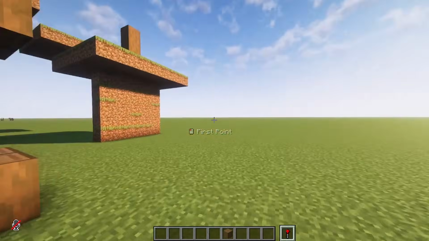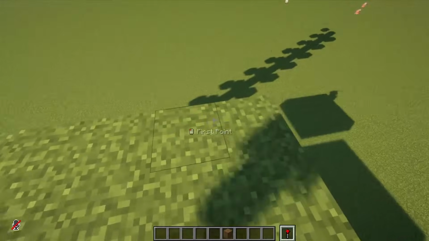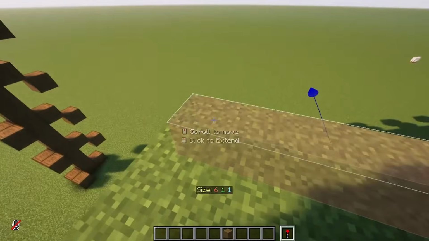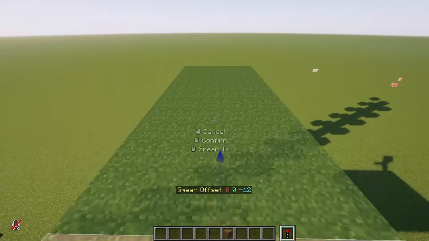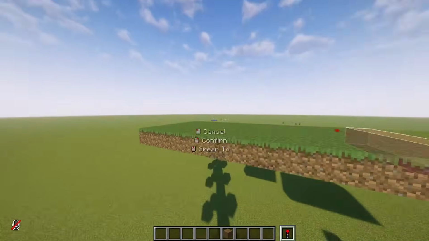Our next mode is going to be smear. Smear is my favorite. I use smear the most. If I wanted to make a stairwell, you would do it like this. You smear this one. You can go forward, which looks the same as stack, right? Except if I go below it and look up,